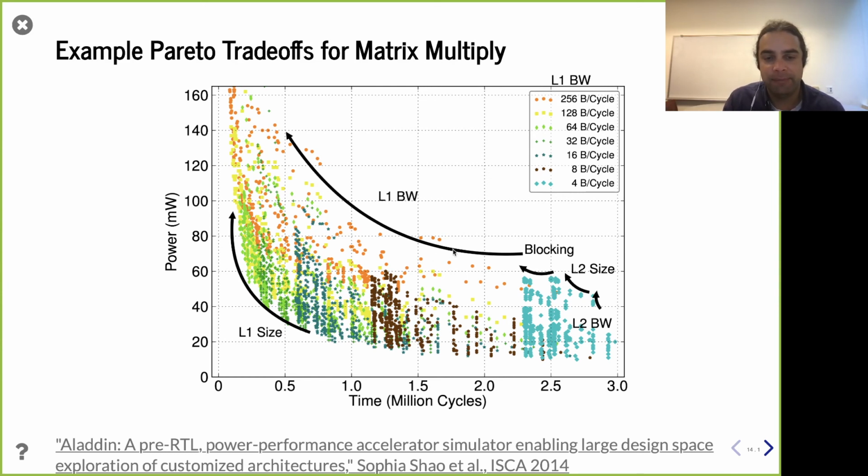In this case, she's looking at various features. This paper is actually designing, like she did earlier, a matrix multiplication circuit, a very classic problem. And looking at how many bytes per cycle am I taking up for the bandwidth? You see, of course, if I have low bandwidth, then yes, I'm going to be shoehorned into a low performance regime, but guess what? It's also going to be very low power, right? As you crank the bandwidth, yeah, you can go faster, right? But